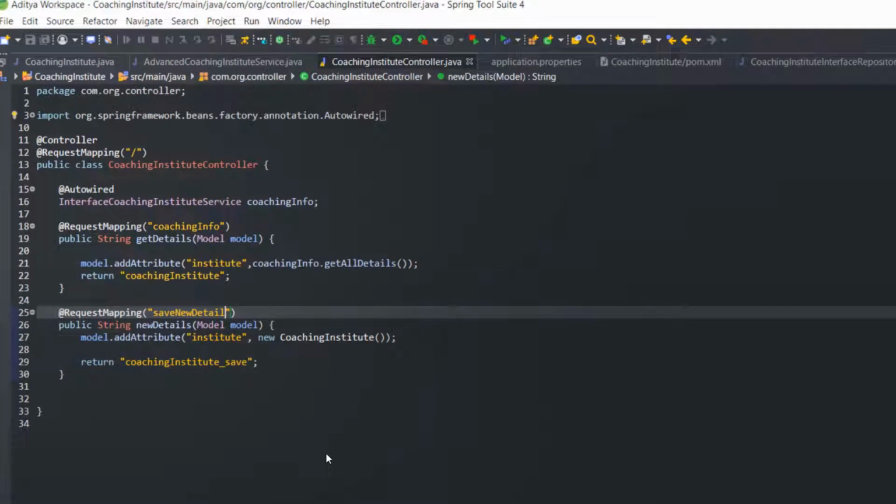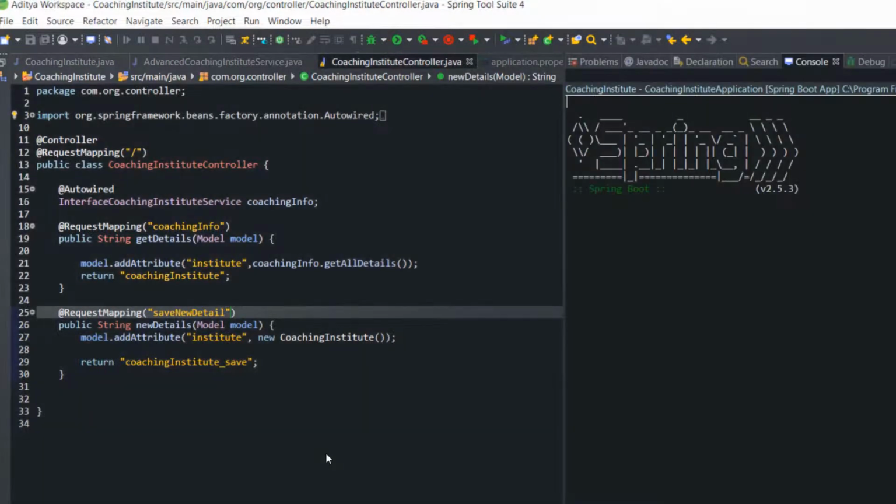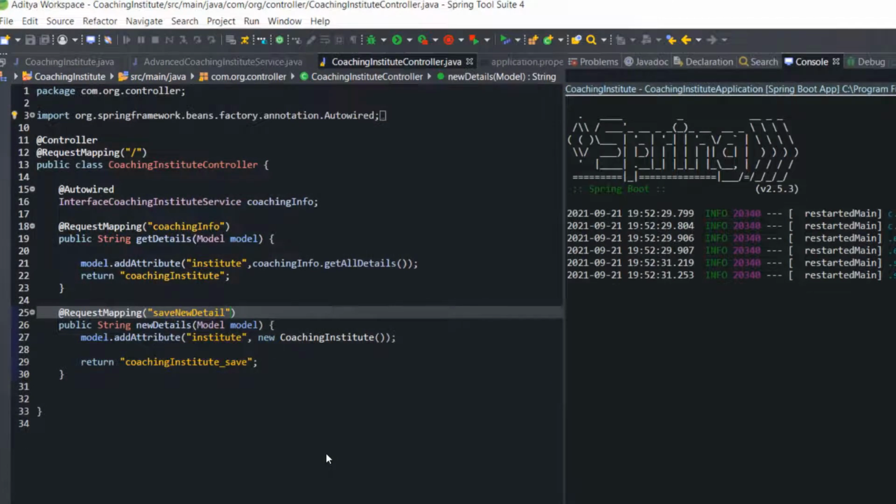So whenever this save new detail, I will call the URI, at that time the blank saving details page will come. Now let's execute the code.